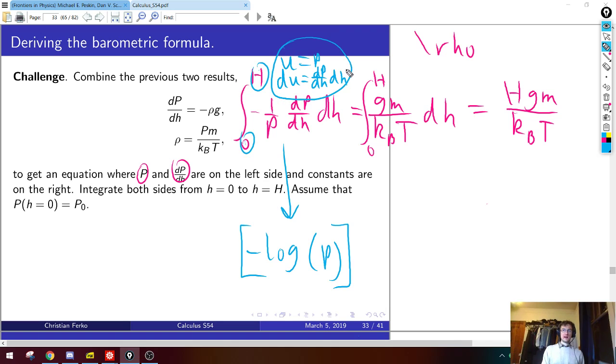Here I gave you the variable substitutions, but whenever you change variables, the old endpoints tell you the value of the old variable, which is h here. So this means h equals 0 in the old integral, and h equals capital H at the top. Now we're changing variables to pressure. So you have to ask, what is pressure when height is 0? Well, I told you that in the problem statement. When height is 0, the pressure is P0. So the new lower endpoint is P0. Then you ask, what is pressure when height is capital H? Well, that's the thing we're trying to solve for. So that's just the pressure function evaluated at capital H, right?